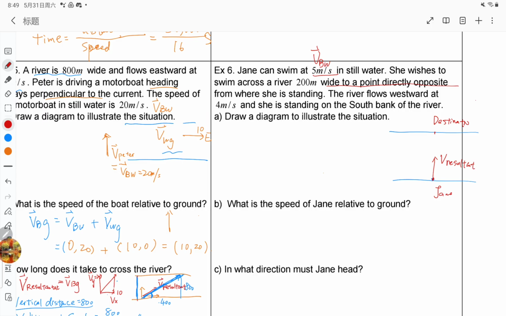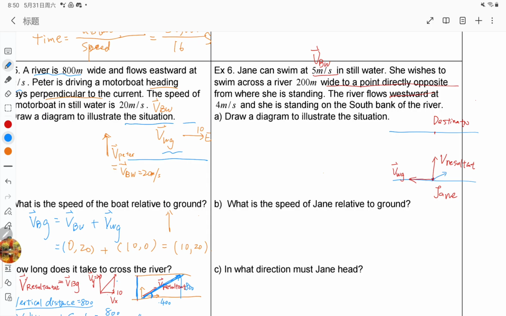The resultant velocity should be vertical. Sorry, the water flows westward, and we can draw V water ground in this direction, and she's standing on the south bank. Yeah, we will draw it correctly. We're standing on the south bank, and if the resulting velocity is going upward, then Jen should really head